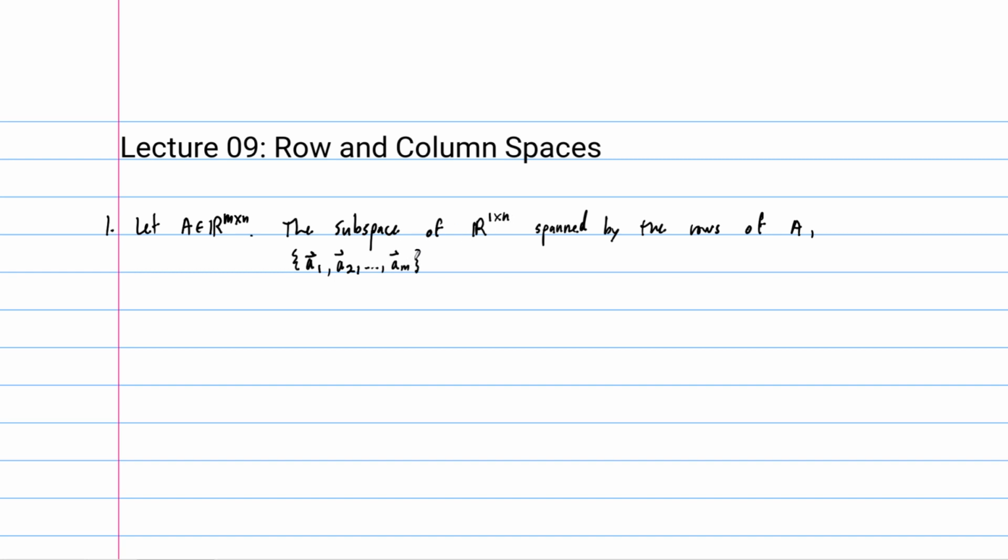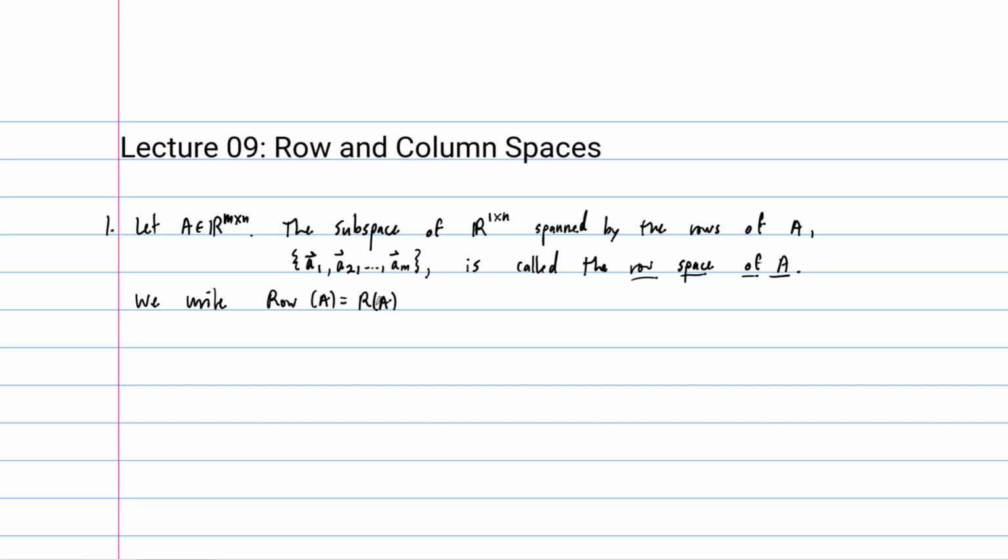So the subspace of R^(1 by n) spanned by these m vectors is called the row space of A. And remember, any span is a subspace, right? So it's called the row space of our matrix A, and we denote this by row of A, or sometimes just R of A